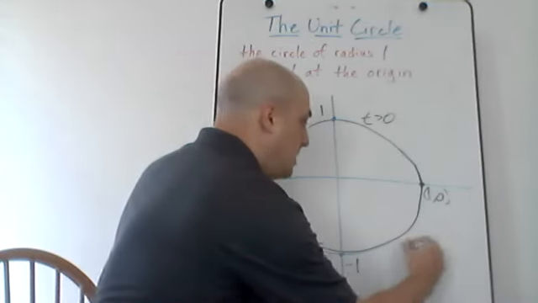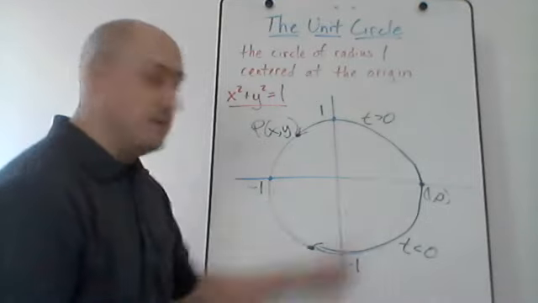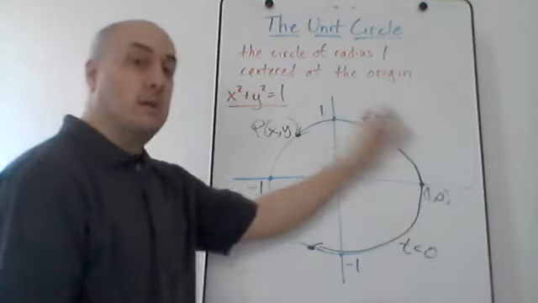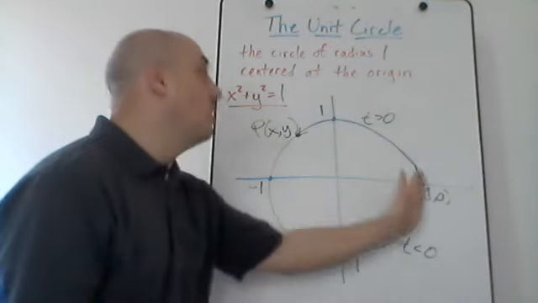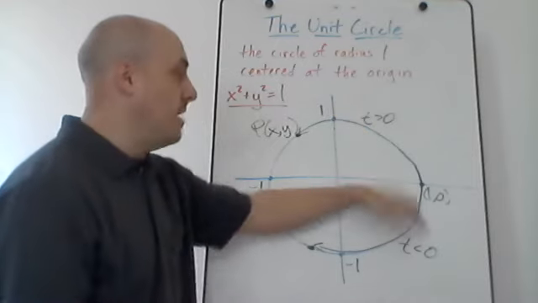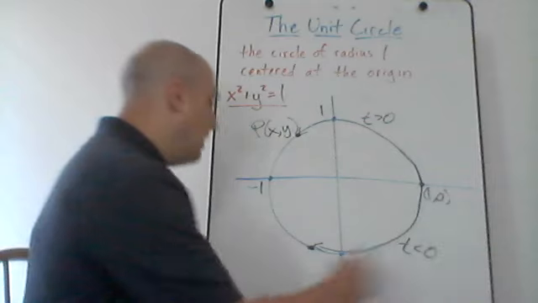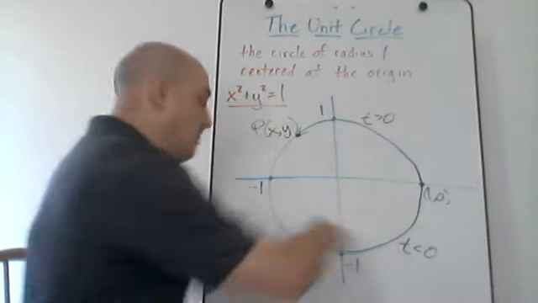Right, so here's where t is less than 0. If t is a negative value, I travel clockwise. I start at that positive x-axis. If t is positive, I start going upwards. If t is negative, I start going downwards. Right, that's the way I remember it. Positive, I start by going up into the positive y values. For a negative t, I start by going down into the negative y values. All right, and then however far I go, again, that number t determines how far I move along the circle,